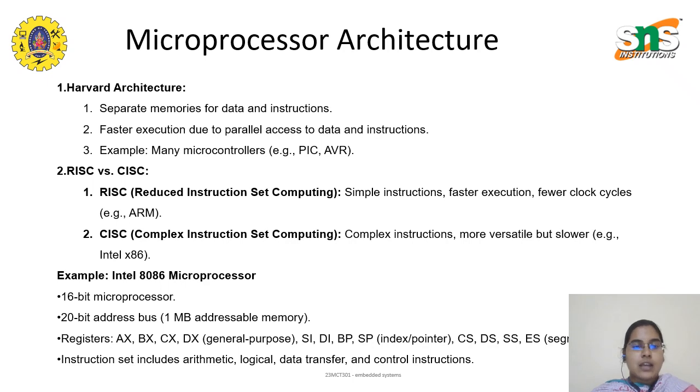So we are taking the Intel 8086 microprocessor as an example. This is a 16-bit microprocessor and it has a 20-bit address bus. The registers we have are AX, BX, CX, DX, which are general purpose. Apart from these we have SI, DI, BP, SP, that is index and pointer registers, and segment registers like CS, DS, SS, ES, and an instruction set which includes arithmetic, logical, data and